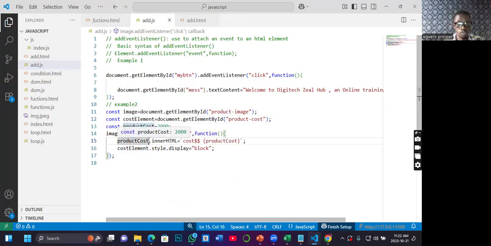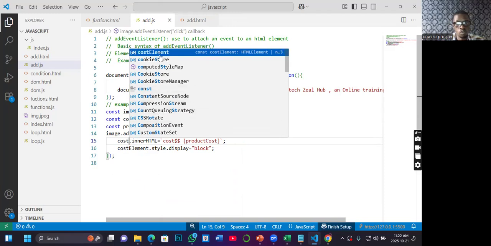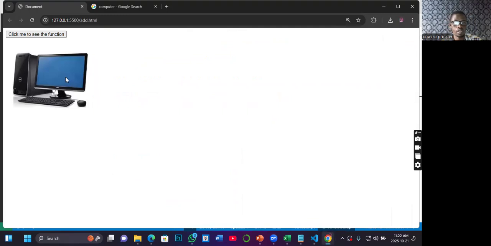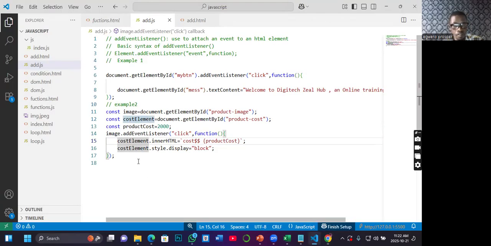So here should be cost element. Cost element, right? So let's see. Perfect. But I think this is what we were talking about. So which means that what we now have here, what I am outputting here,